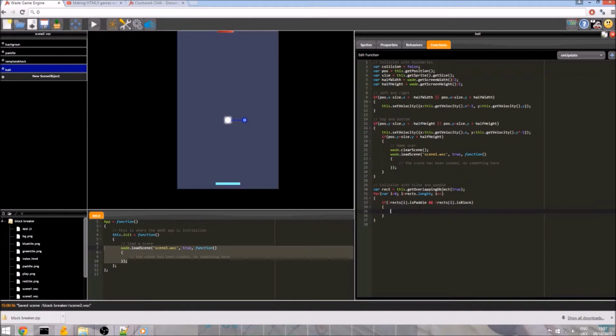Okay, so what this does is if the colliding object is not a paddle and it is not a block, we don't run the collision code. It doesn't make sense, so we just continue through the loop. Very, very straightforward. Now, of course, if we get past this continue statement, it means we do have either the paddle or a block, and of course, we want to be able to collide with both of those.